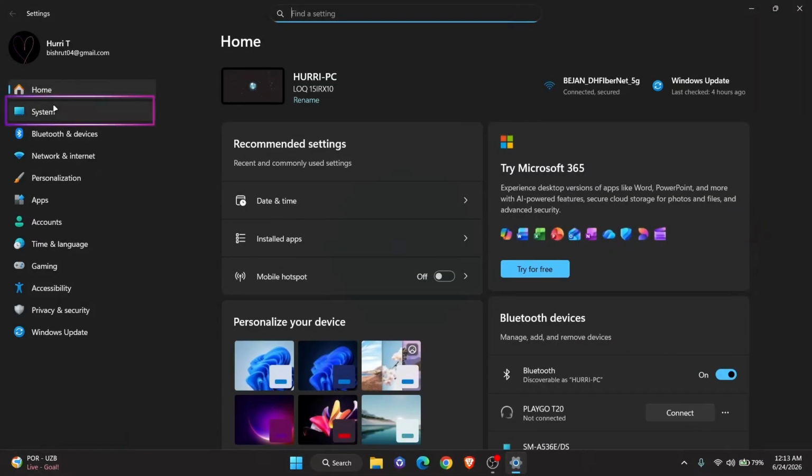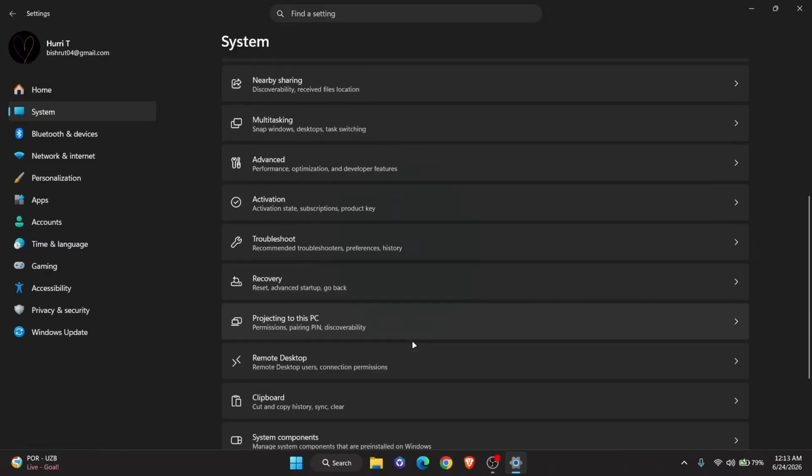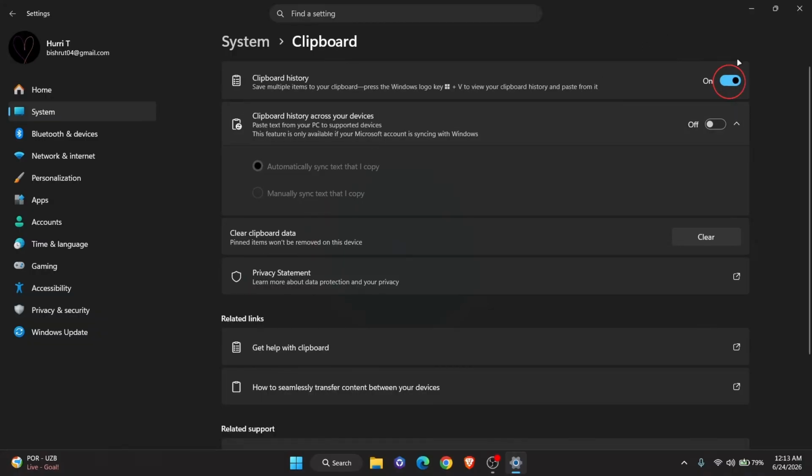From there, click on System in the left sidebar. After that, click on Clipboard on the right side of the screen. At this point, toggle on Clipboard History to activate the feature. From here, every time you copy something, whether it's text, a link, or an image, it gets saved to your